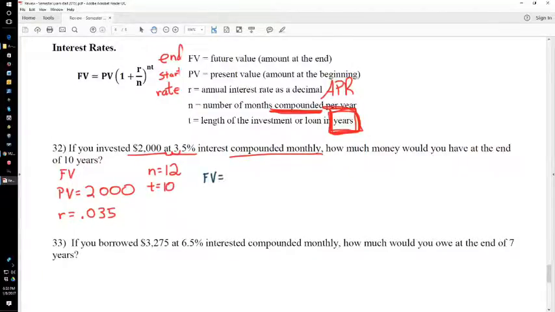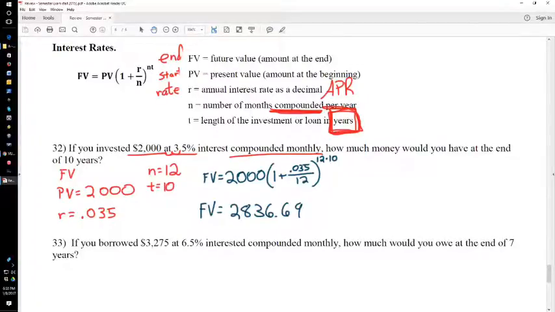FV equals PV, which is 2,000, times 1 plus 0.035 divided by 12, to the 12 times 10. And you can put that in your calculator just like that. You stick all that in your calculator, you get